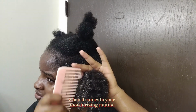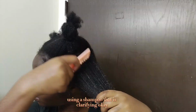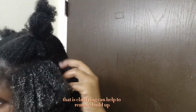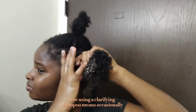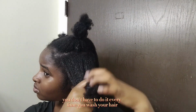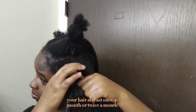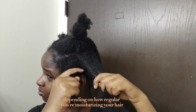Now, when it comes to your moisturizing routine for low porosity hair, using a shampoo that is clarifying can help to remove buildup. Using a clarifying shampoo means occasionally. You don't have to do it every time you wash your hair. Just clarify your hair once or twice a month, depending on how regularly you're moisturizing your hair,